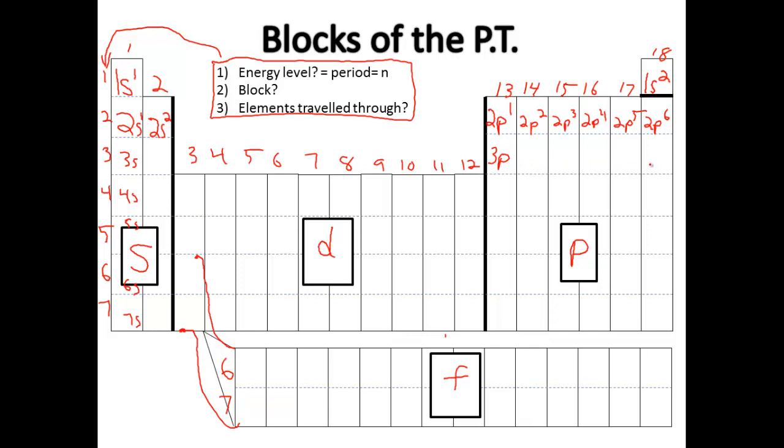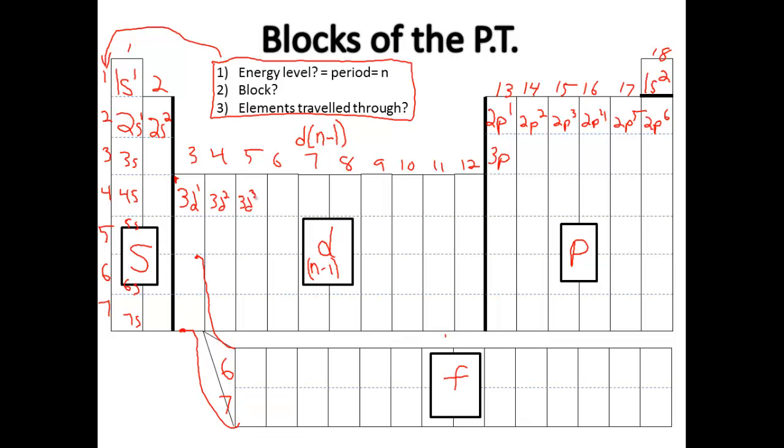and we continue across and we move back down to our 4s's, and this is where we have our first change. It is right here once we get to the d's. What we need to do is to write in just one key note. When we get to the d's, the d group is going to be n, the energy level, minus 1. So whatever energy level n, we could even say down here n minus 1, whatever energy level we're in, if we're in the fourth period, 4s, we're in a minus 1, so 4 minus 1 is 3, so this would be our 3d. So we'd enter in 3d1, 3d2,